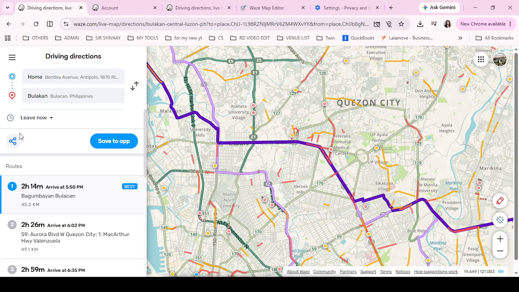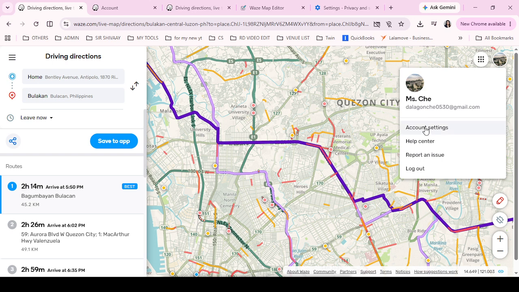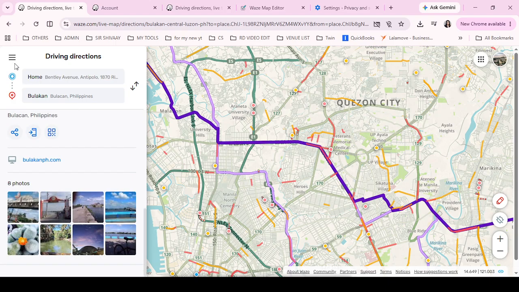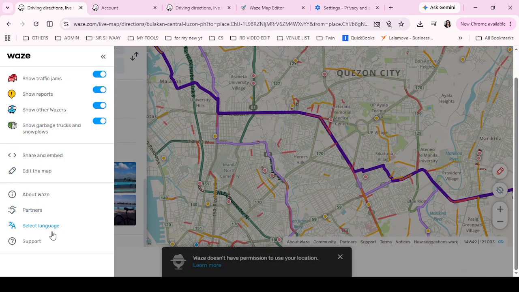This is important because your sound preferences need to be connected to your profile in order to save correctly and sync the way you want them to. After you've logged in, look for the sound and audio settings link. Depending on how your portal is arranged, this may appear in a settings menu, a sidebar, or within your main account preferences. Go ahead and click on that link to open the section where your voice guidance and audio theme